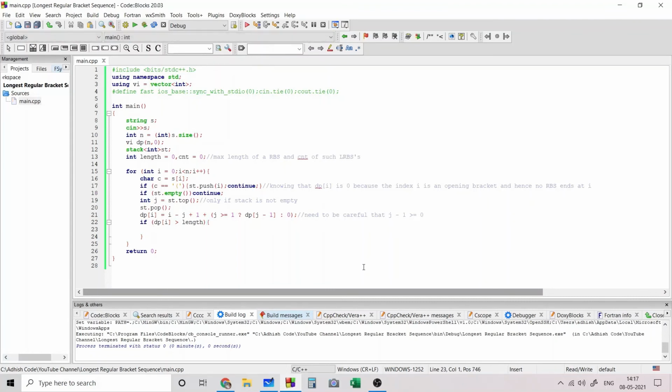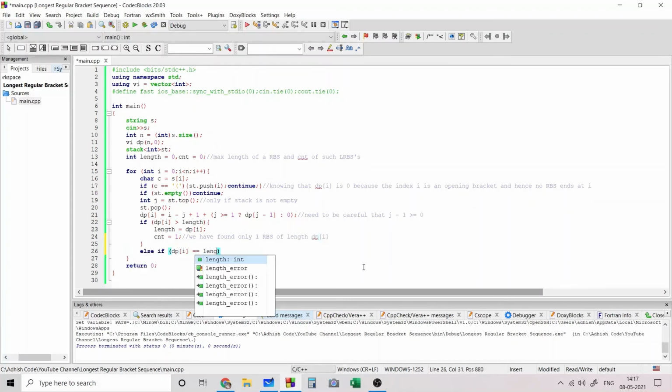So if dp of i is greater than length, then we would set length to be dp of i, and we would initialize count to be 1. We have found only one RBS of length dp of i. If dp of i is equal to length, then count plus plus, because we have found another regular bracket sequence of that length.